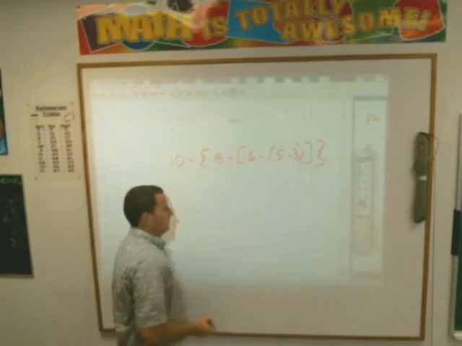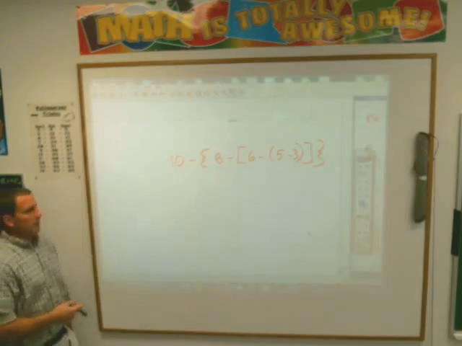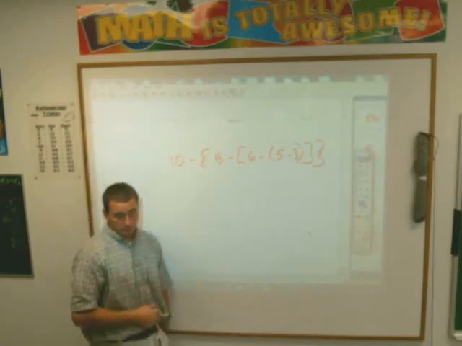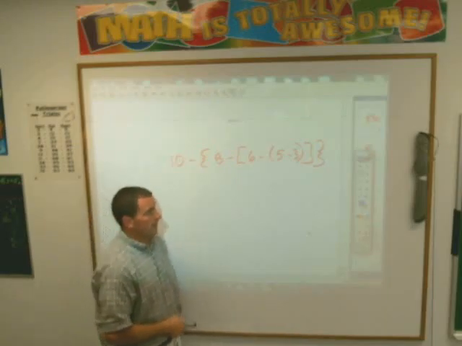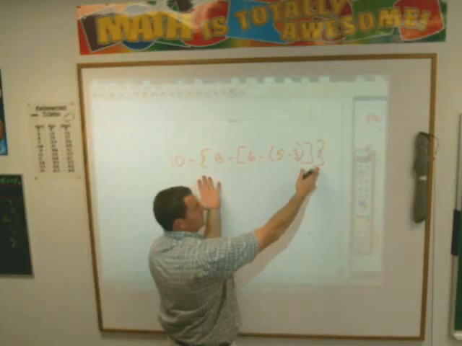Write that down and then we'll just walk through this here. It's not as confusing as maybe it seems, but the gist of this is this. Again, you always start with the grouping symbols first, but you'll notice there are multiple grouping symbols. So you're going to do this brace first, but inside the brace you have to follow order of operations, which means the first thing inside the brace you have to do is grouping